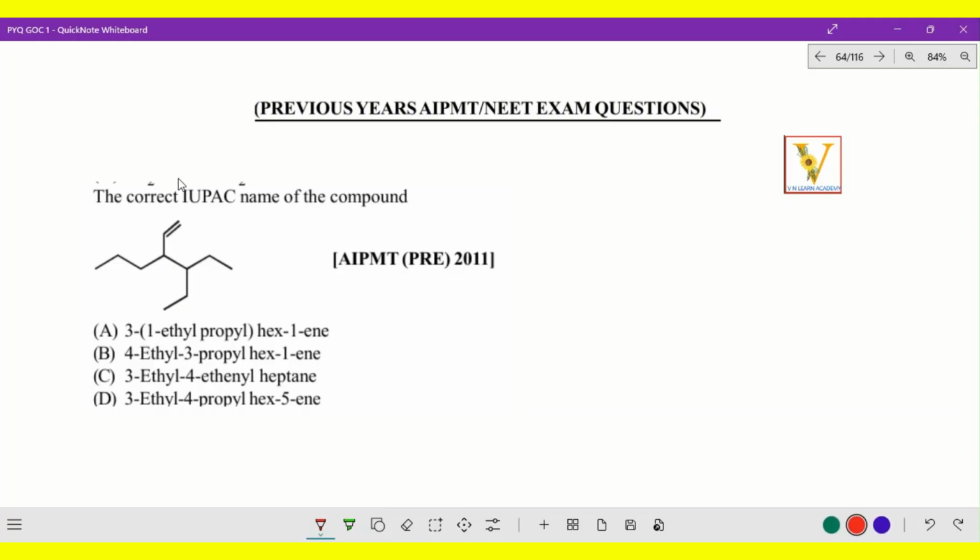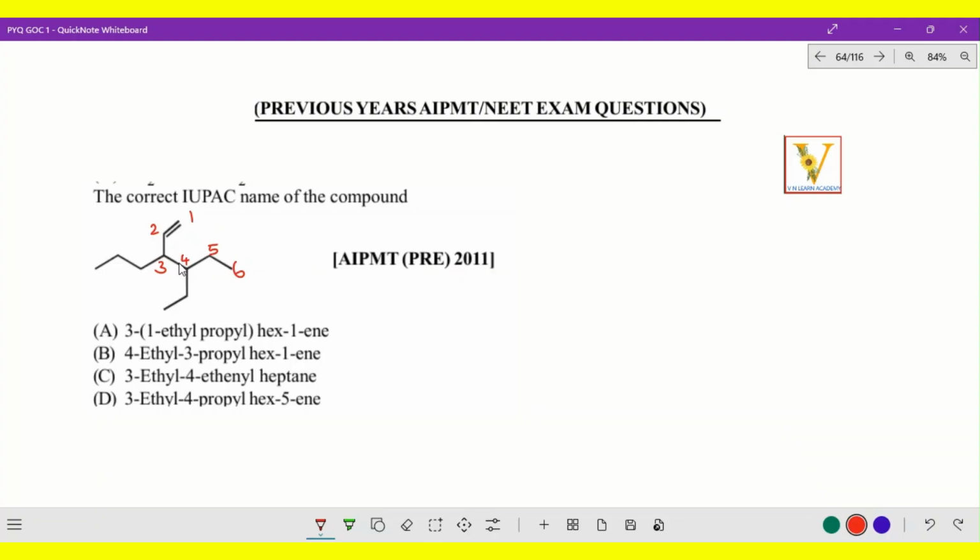So in that way, here number 1 and here 2, 3 and 4, 5 and 6. See, why can't we go here 4, 5, 6? Because here the branching chain is coming. So that is why we are coming this side. Okay, now number 1 is given by the priority order, the double bond. And 3 propyl, 1, 2, 3, 3 propyl, and 4 ethyl.